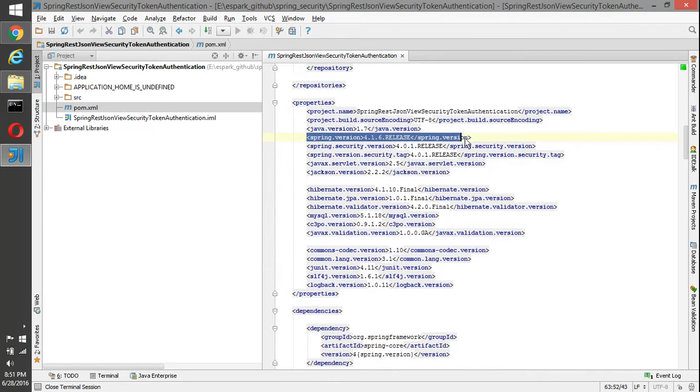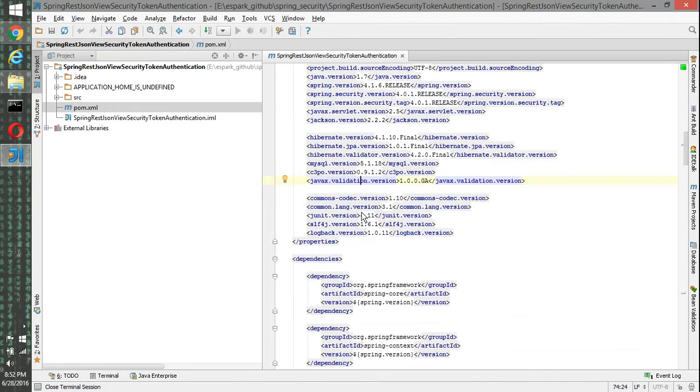I'm using Spring 4.1.6 release, and Spring Security version I'm using 4.0.1 release, and then Spring Security tag is 4.0.1 release. So servlet is 2.5, Jackson I'm using 2.2.2, Hibernate I'm using the 4.1.10 final release, and JPA I'm using 1.0.1 final release, Hibernate validator 4.2.0 final, and then MySQL, C3P0, validation, commons codec, commons lang, JUnit, SLF4J, and